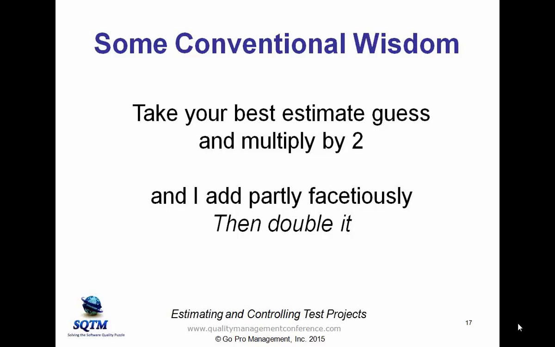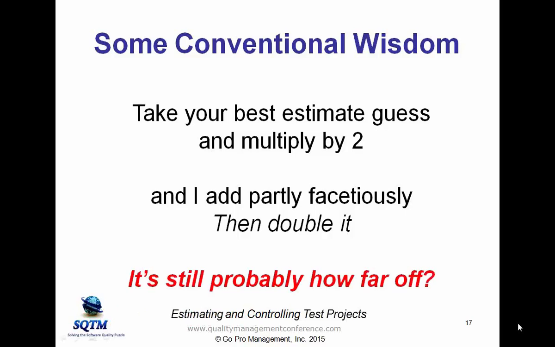Now, the fact is, it's still probably nonsense. Okay? Doubling nonsense is probably closer to the right answer than not doubling it, but it's probably still way far off. Okay? You can't rely on these superficial